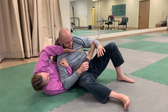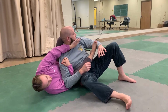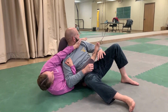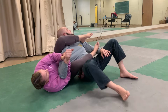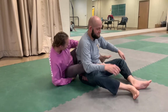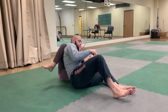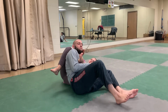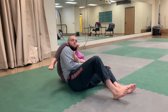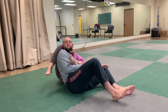I'm gonna push his head away. As I fall, I'm basically pushing his head away, but I'm trying to break it down and teach it step by step. I say, don't look at me. Bring my leg over and fall down into the arm bar. So as I fall, look, it's lots of steps at once. I get my feet to this side, I fall perpendicular, and I'm removing the overhook side and pushing his head